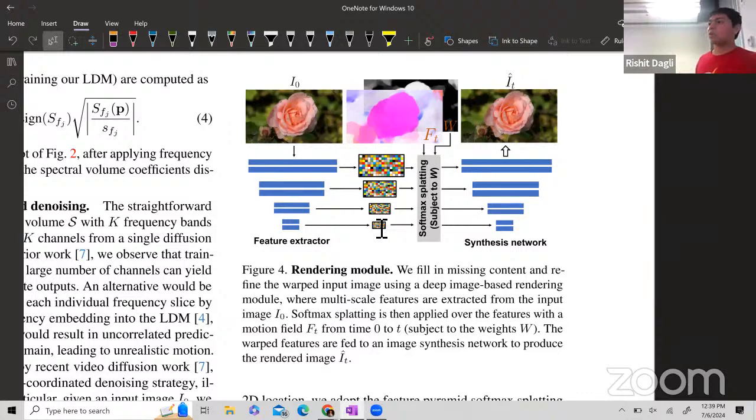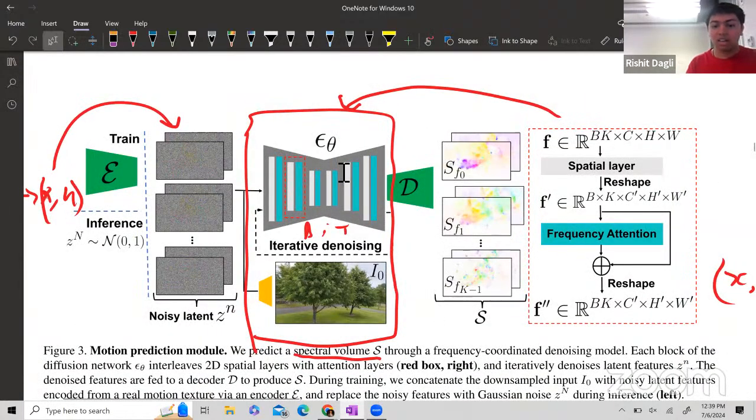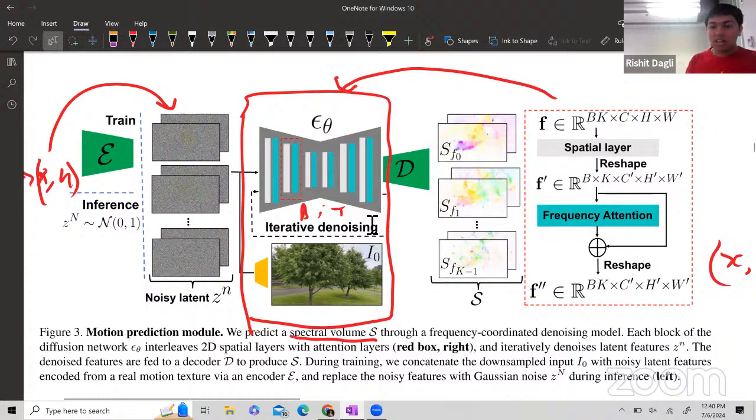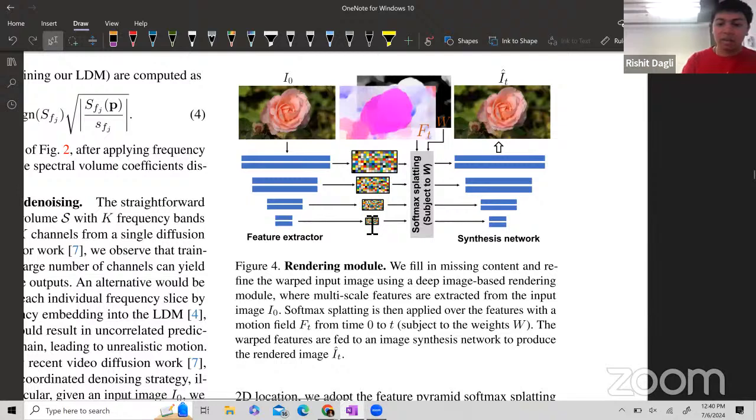No, because you still have conditioning from images. Oh, kind of works. Sure. Yeah. So you still have this I0, which it's supervised and conditioned by. Oh, yeah, okay. And so now you just do this splatting problem, and